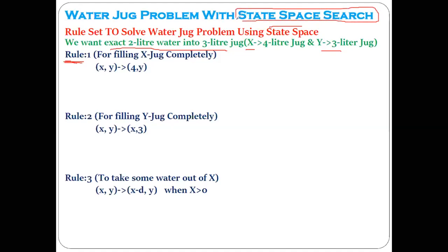Yes, sir. You should not provide the general solution that I have shown you there. That I have shown you just for the understanding purpose. You are getting my point? Yes, sir. But to provide the solution using the state space search, you first have the general solution in your mind. Correct or not? Yes, sir. And that's why I have shown you the general solution. Now, after having the general solution, then we try to apply these rules. Now, first we understand the rules and then we try to see what kind of rules we require from these. So, rule 1, for example, suppose you want to fill the X jug completely.